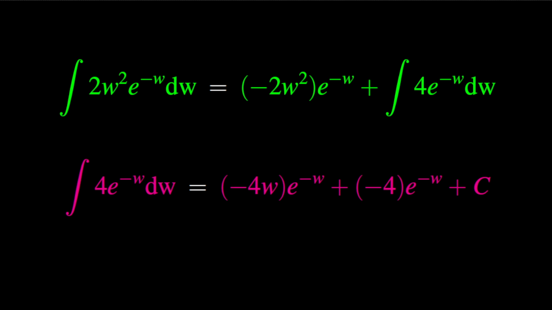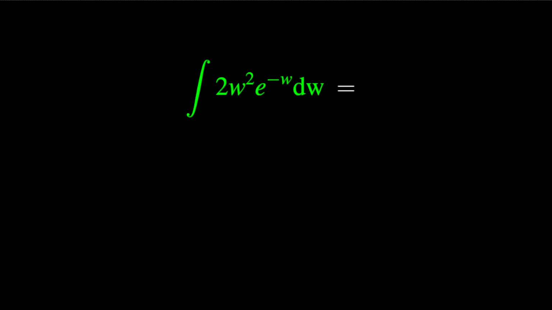From the second integration by parts, we obtain the following result. The integral of 4w times exponential of minus w dw is equal to minus 4w times exponential of minus w, plus minus 4 times exponential of minus w plus a constant of integration c. As a result, combining the last two results, we see that the integral of 2w squared times exponential of minus w dw is equal to